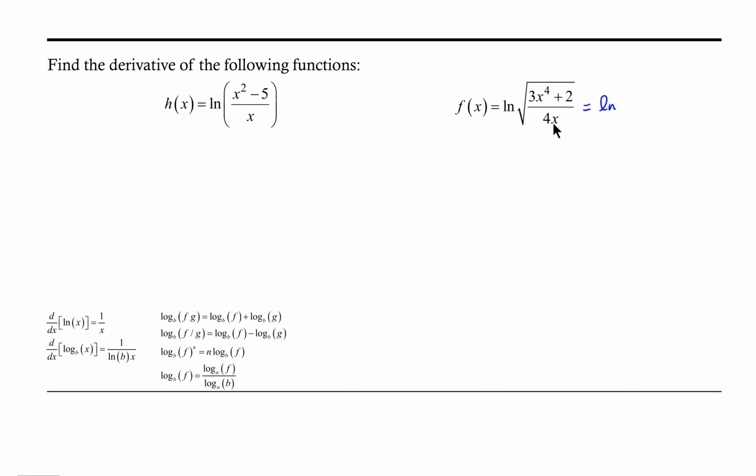So natural log of, and that argument is going to include that function inside the square root raised to the 1/2 power. So we're taking the natural log of 3x to the fourth plus 2